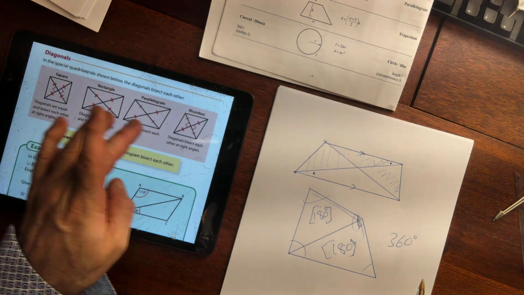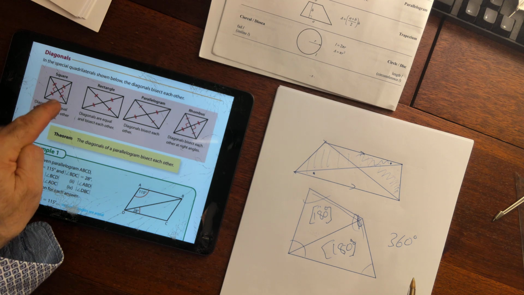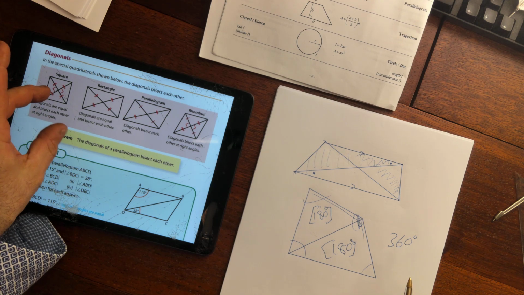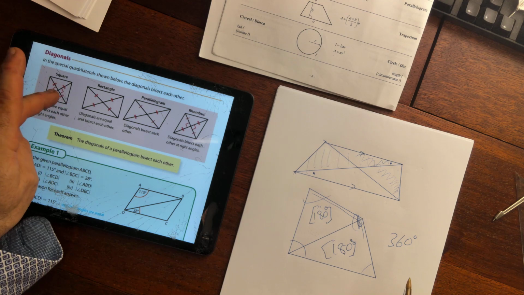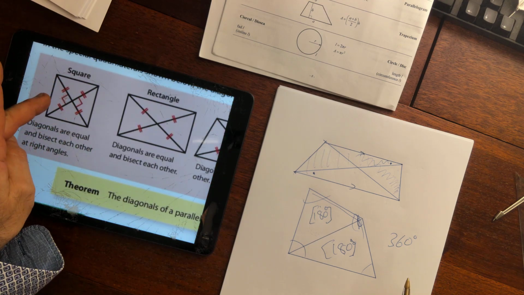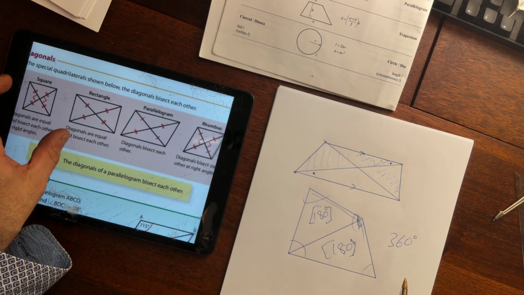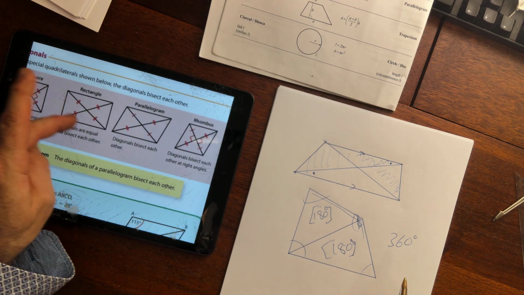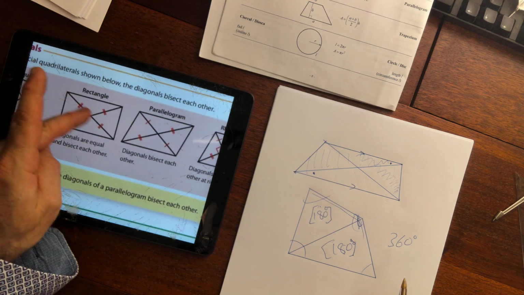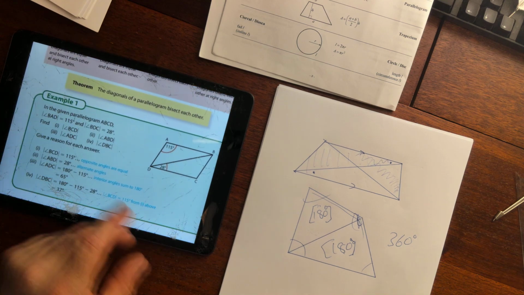And I've already dealt with this here. Okay, in a square, the diagonals bisect each other, they're equal in length, and they're all at right angles. In a rectangle, all diagonals bisect each other into four congruent line segments, all four the same, and so on. And we've dealt with all that. So we'll go on to example 1,